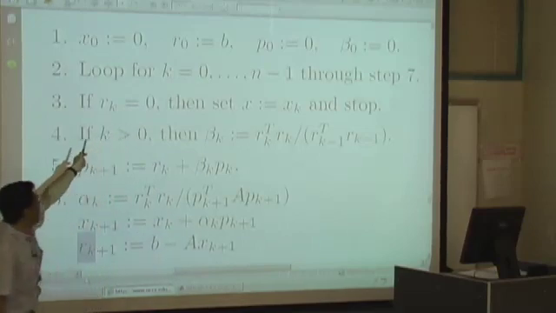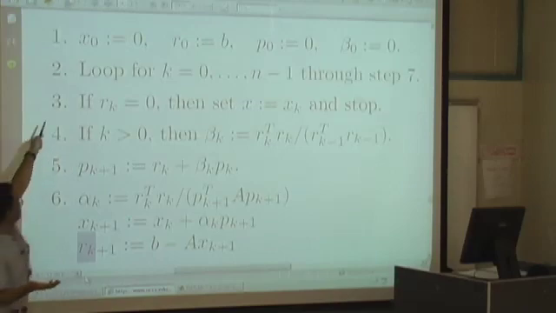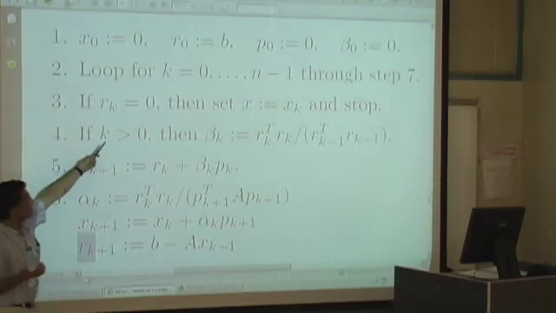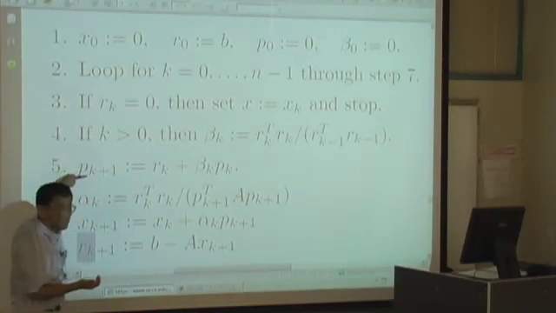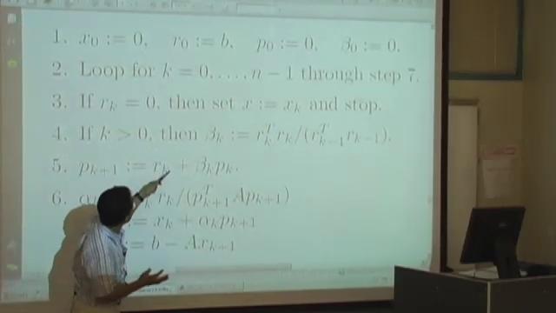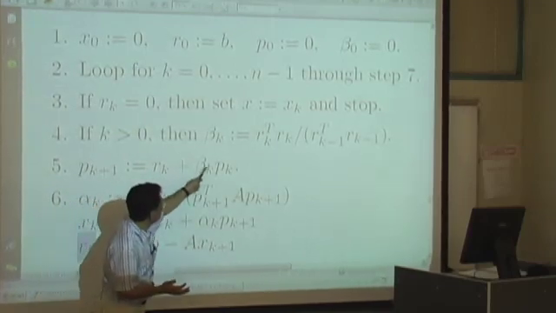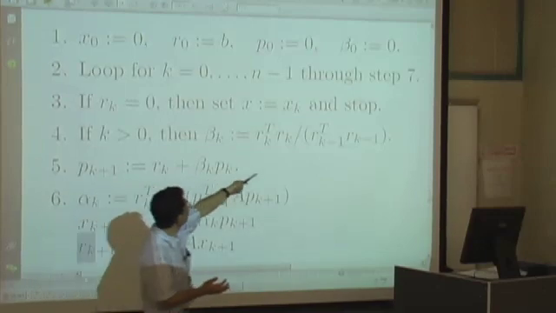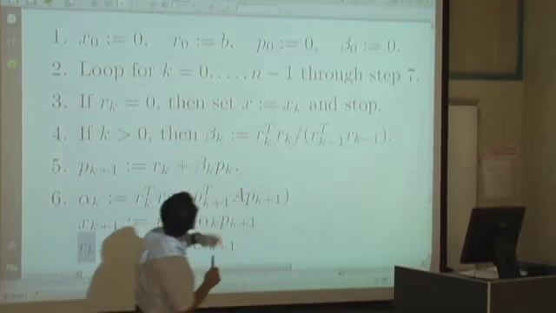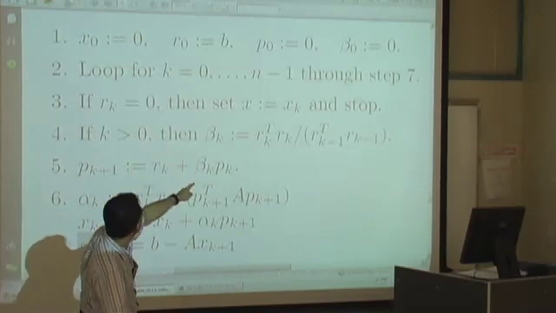Here we check whether the R vector is a 0 vector or not, right? The R vector is not 0 in the first place. So we just skip this third step. And in the first step, K is 0, so we just skip this thing. And we come to this: P equals R, current R, plus B times P. And we need previous R and this one, right? Previous R is B, right? R old is B. And then R new is